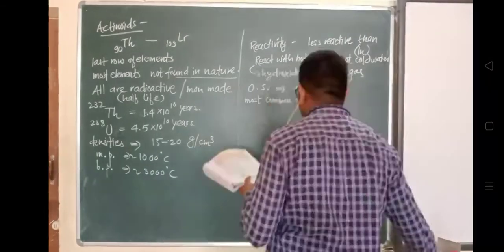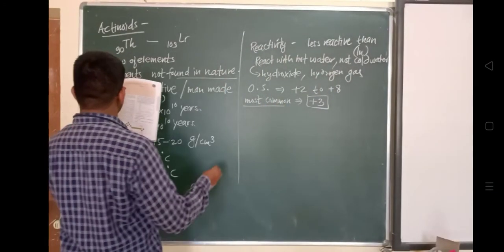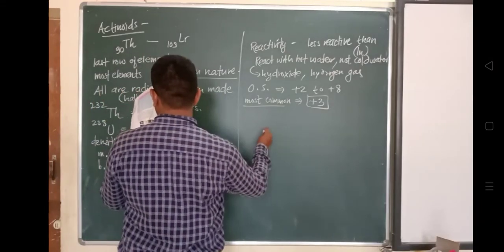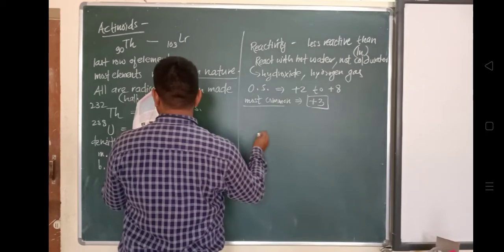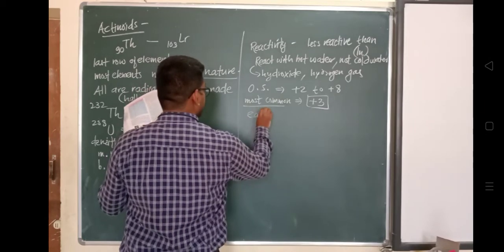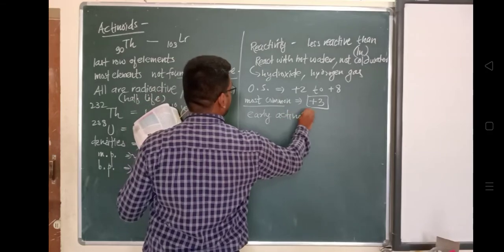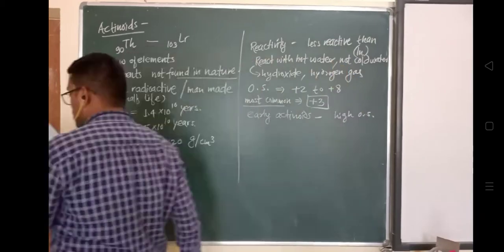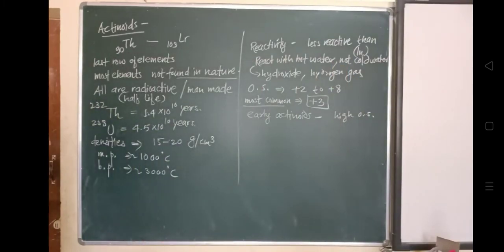So as we can see, the most common oxidation state of early actinoids is high. It is showing high oxidation state. Early actinoids reflect loss of all outer electrons, which is similar to the transition elements. Any loss of 5f electrons by early actinoids indicates these electrons are much closer in energy to 7s and 6d electrons than 4f electrons.